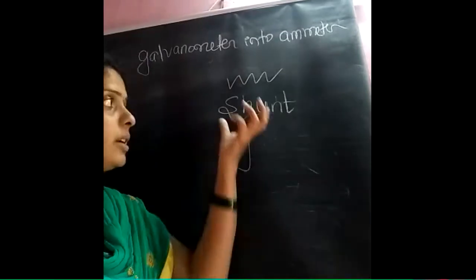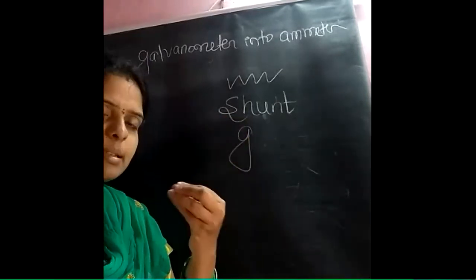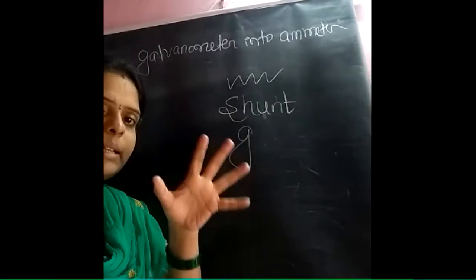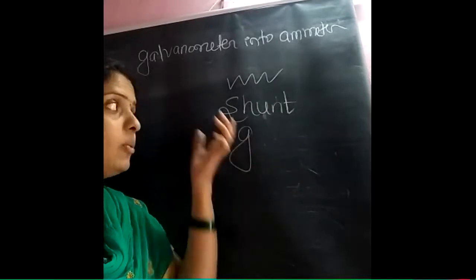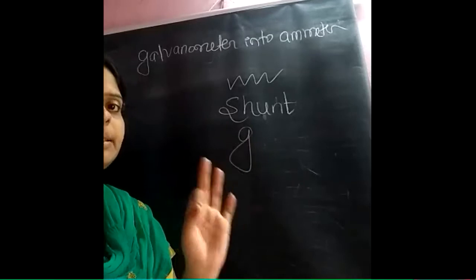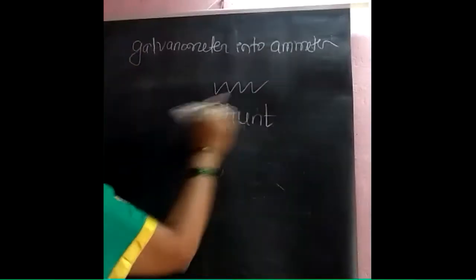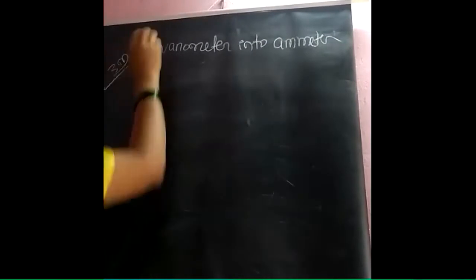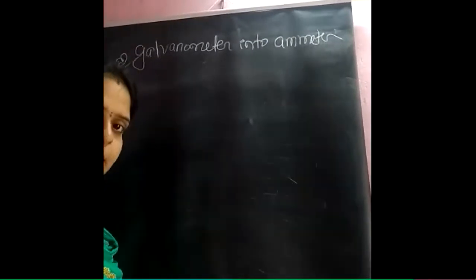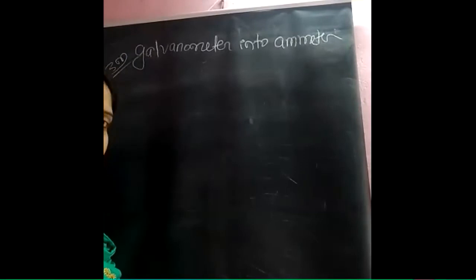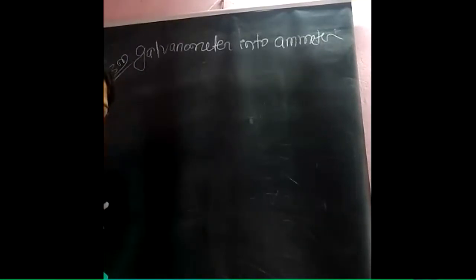Now the question comes, we are saying the low resistance. So how low should the resistance be so that your galvanometer acts as an ammeter? That is our question now, right? So first I'll show you the circuit diagram, how you are going to write the circuit diagram. It is a very, very important concept for the 3-mark compulsory question. In the midterm exam as well as in the final exam, you will get this question, and it is important for your practical also, because you have this experiment.